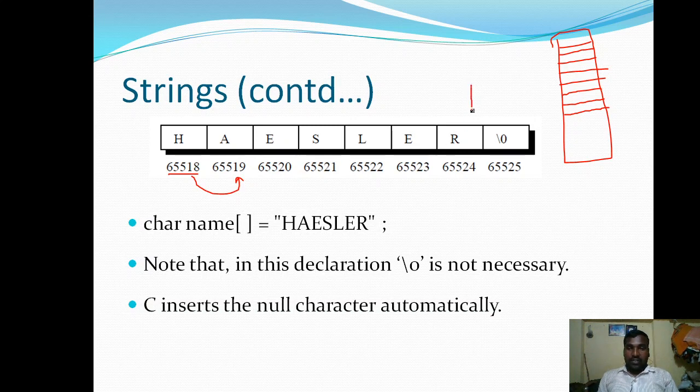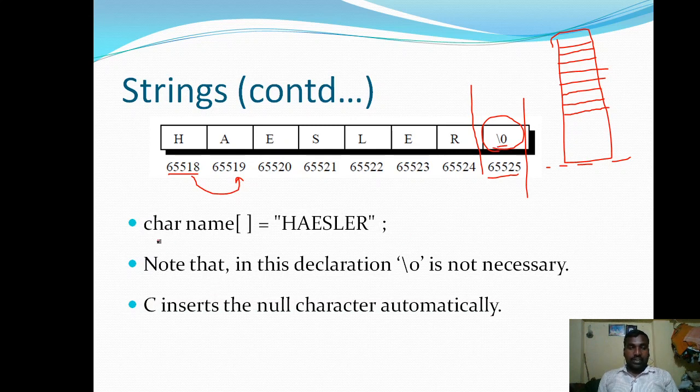At last, after completion of the string, that indication symbol, which is nothing but the null character, is present in memory, so that we can identify that the string has ended. Beyond that we won't move to some 65526 memory location. We are stopping here after identifying this null character.